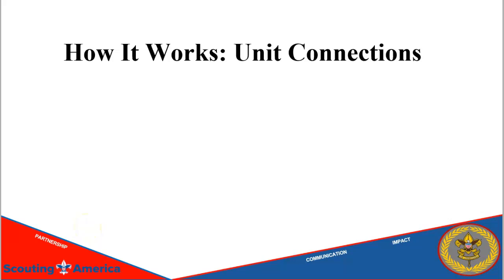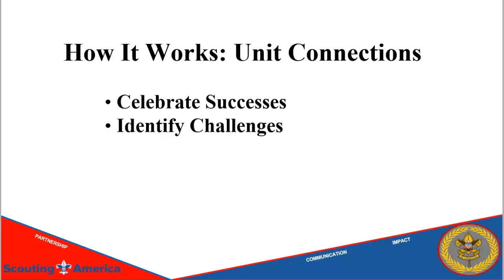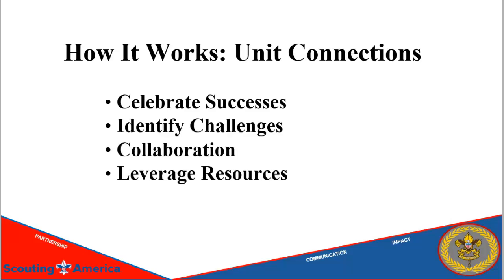Unit connections are now the core engagement standard. Commissioners use connection guides tailored to each metric to guide discussions. During these conversations, commissioners and unit leaders work together around 4 central concepts. Celebrate successes. There is always something positive to take forward. Identify challenges. There should be things to improve, even when a unit is doing well. Collaborate on goals and solutions. Leverage resources that actually help. This approach emphasizes partnership over evaluation. This highlights a shift from focusing primarily on assessing or judging and toward fostering a collaborative partnership.